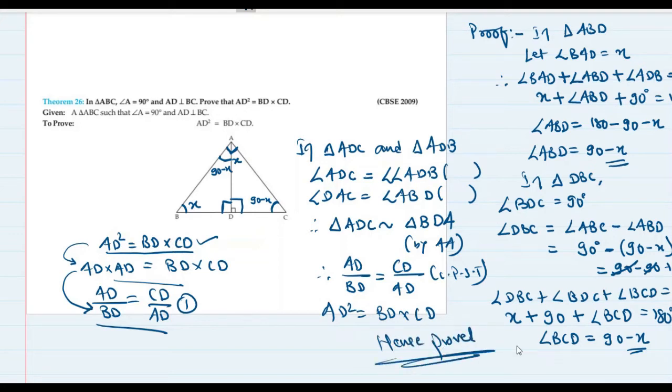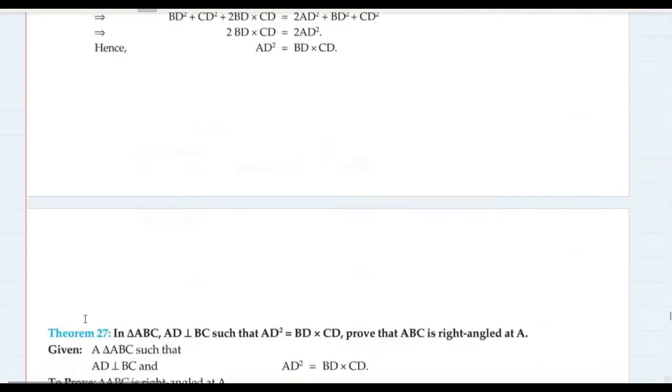Easy, very easy. So remember this theorem, how to prove. Actually, you cannot remember any theorem. You have to understand the technique. You have to understand the steps, the method with which I'm trying to help you. I'm not just telling you to do this and the proof will be done. It doesn't happen like that. There are techniques which you have to apply. Okay? So I hope you are getting it. Let's go to the next theorem.